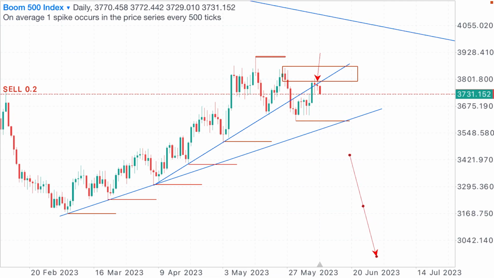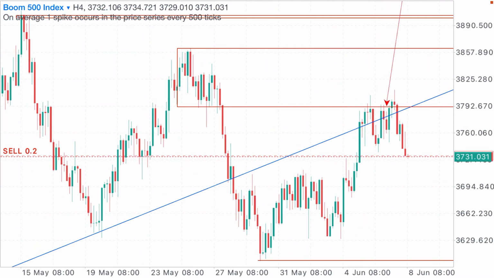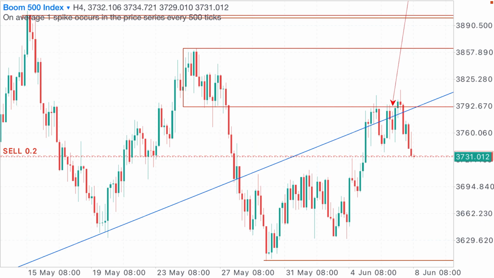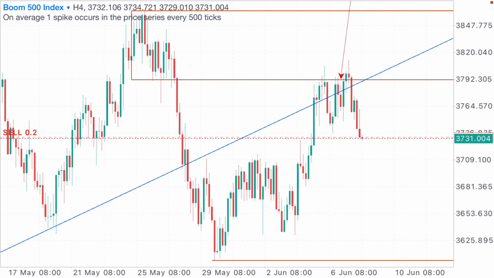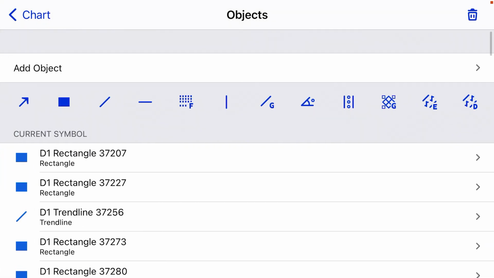So if you remember very well, let's move to the H4. Let's see. So that is the zone. This is the supply zone on the H4 time frame. You see, before price made a break,